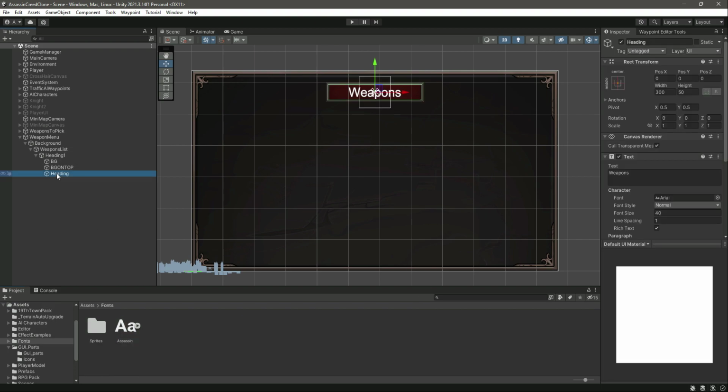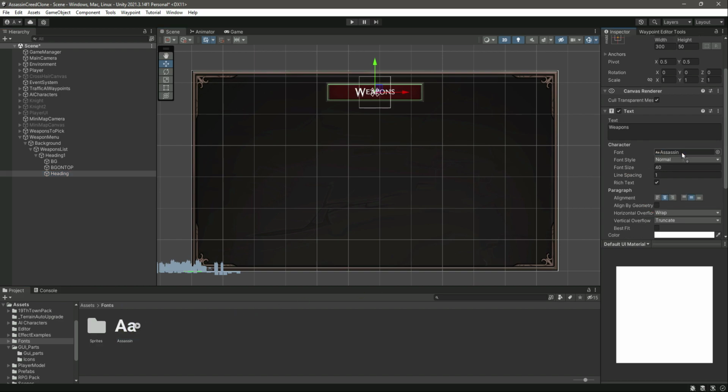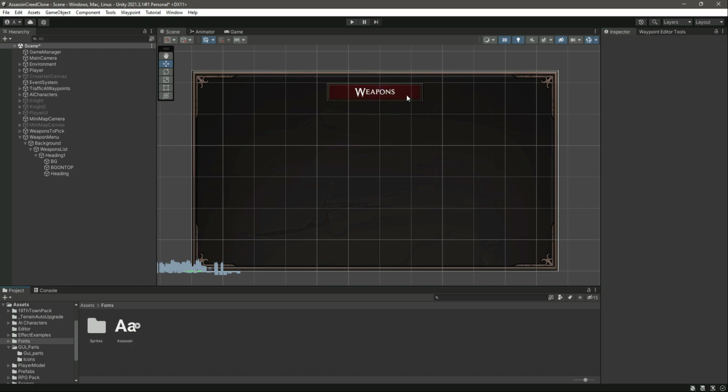So if we click on the heading, then drag and drop this font in there, and as you can see the font style is now changed. You can use any other font if you want as well. So now we have the heading 1,